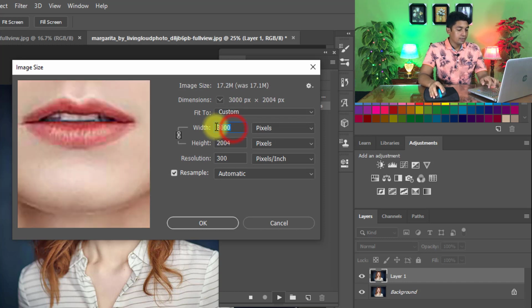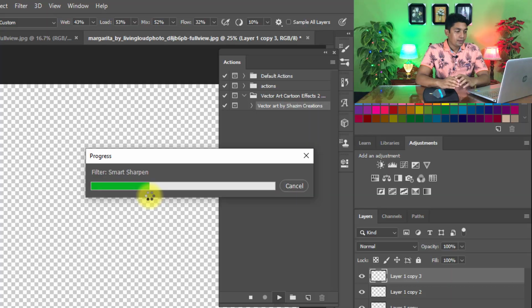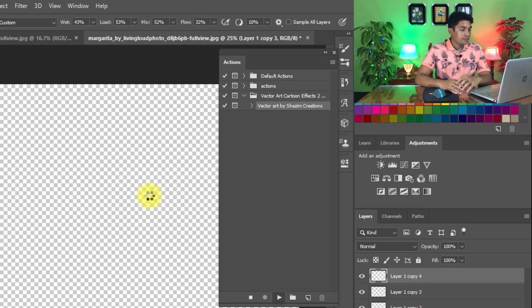I set 3000 pixels wide, then click OK, and it will automatically create a vector art cartoon effect. So wait some time until all steps are fully completed. It takes some time because I worked many steps into the vector art cartoon effect action, so it needs some time.